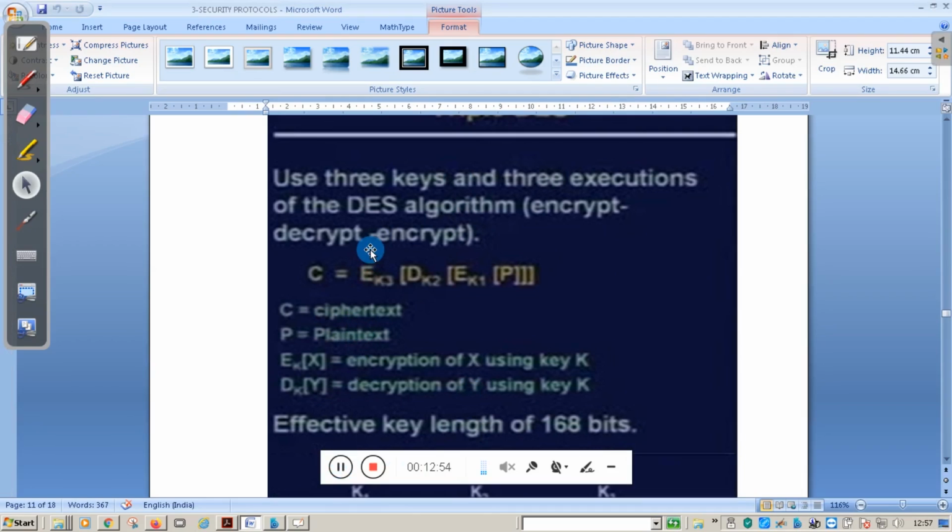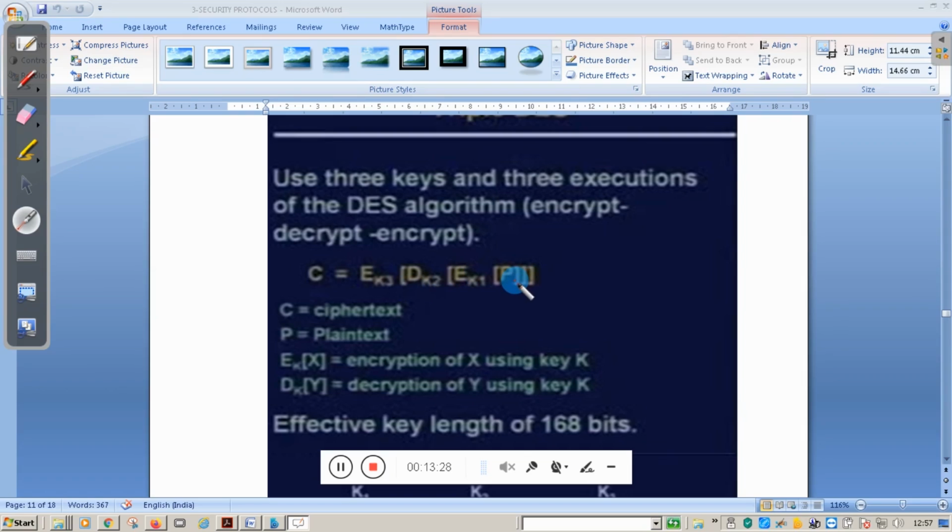So triple DES makes use of 3 keys and 3 executions of the DES algorithm. You can see here, plain text is encrypted with key 1, decrypted with key 2, and once again encrypted with key 3 to generate ciphertext. Here the key size is 56 bits and we are using 3 keys in total. So the total size of the key becomes